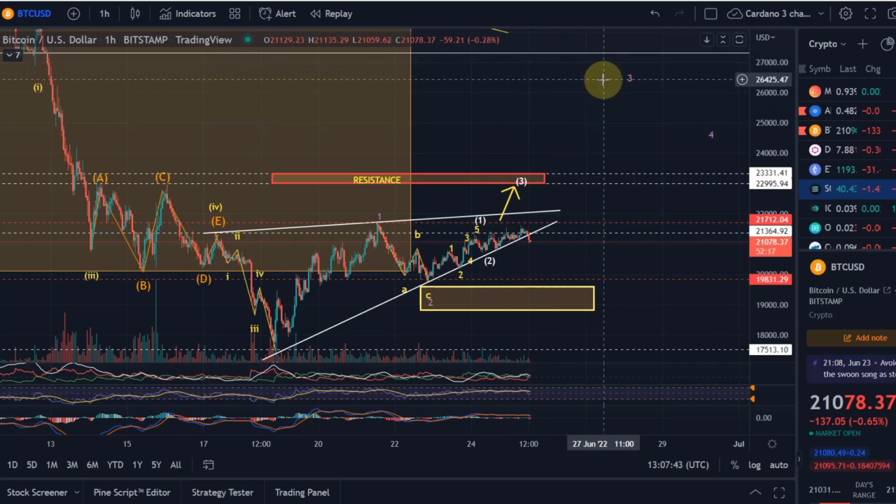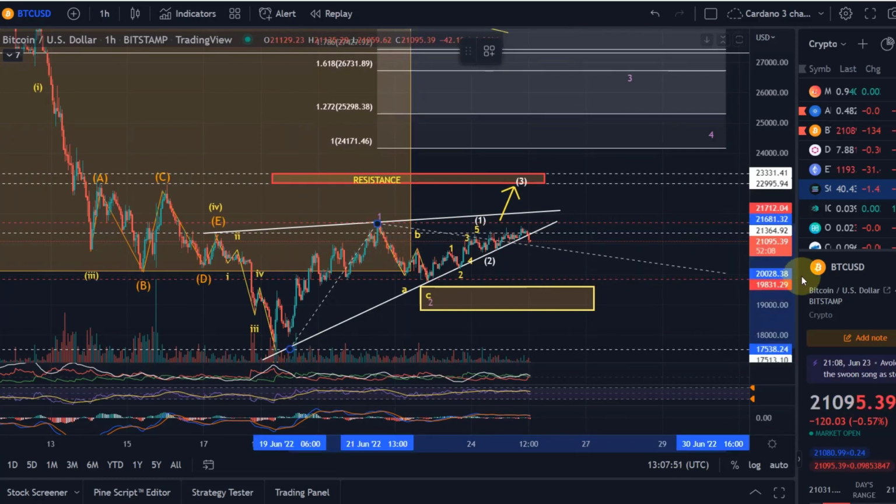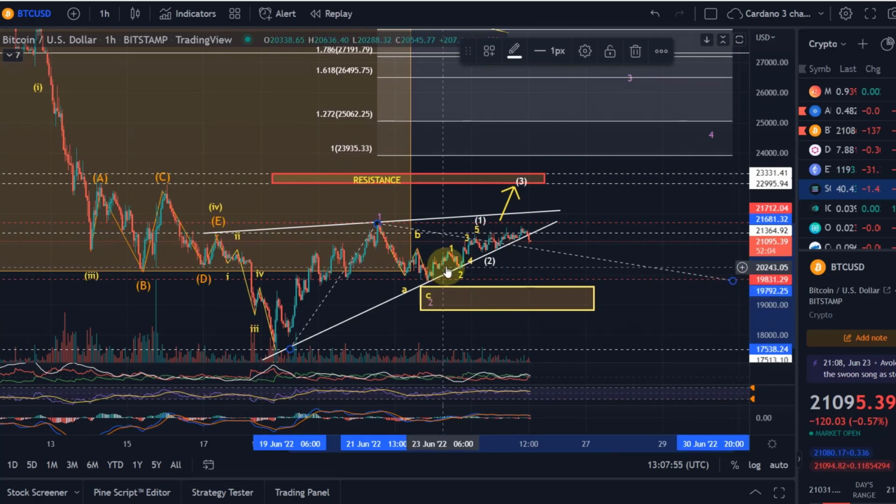The 26K level is a highly relevant level, 26.5. Let's just take a look once more from the Fibonacci extension levels. 1, 2, this is how I can calculate it at the moment. It depends on if the wave 2 in the end will come down a little bit lower, but for now, yeah, the 1.618 extension level here of the wave 3 is the